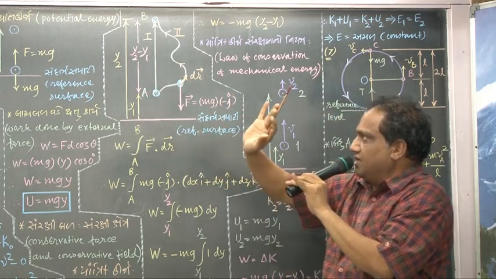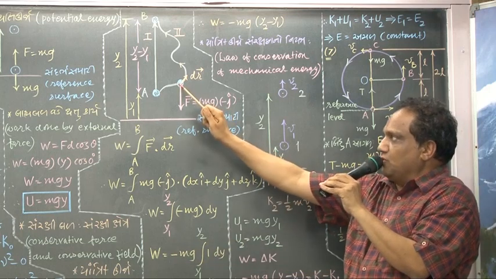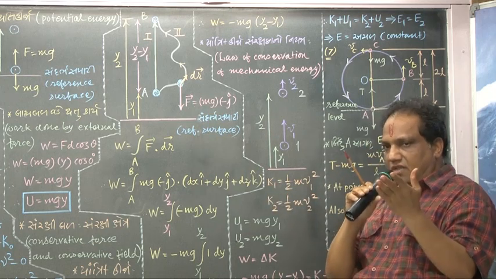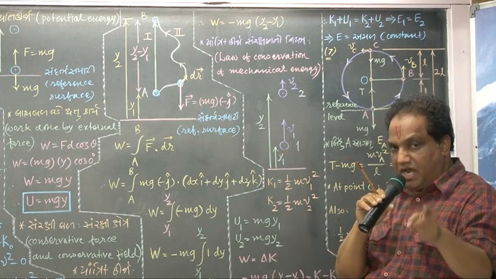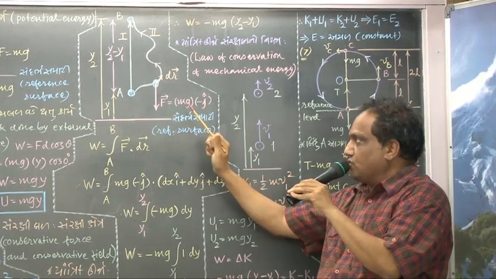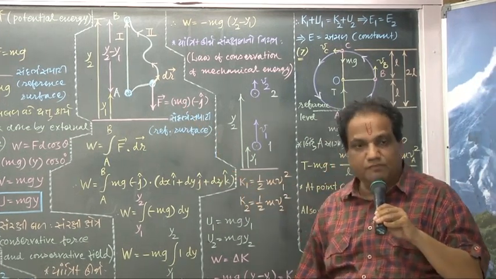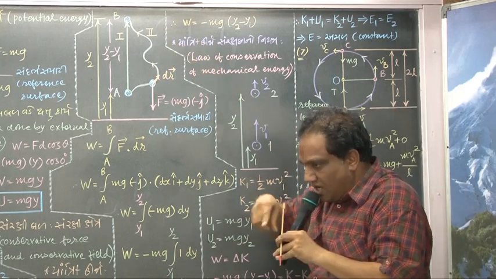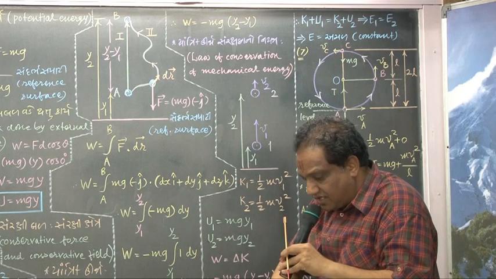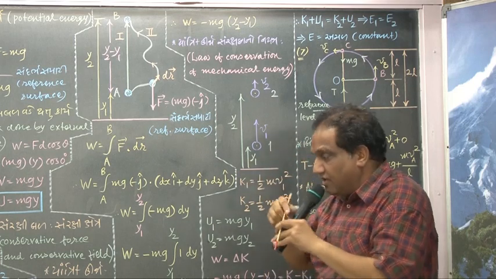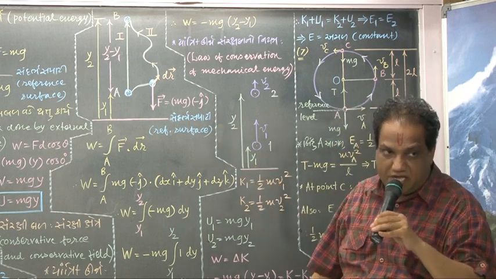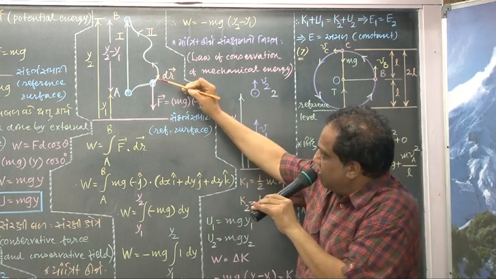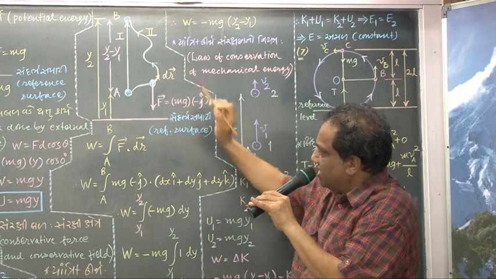When the body is here, suppose the downward gravitational force is vector F. A vector equals magnitude multiplied by unit vector. What is the magnitude of the gravitational force? Mass times gravitational acceleration, mg. Where is the direction? Vertically downward. In the downward direction we always take the negative axis. For the negative axis, what is the unit vector? Minus z. Vector equals magnitude multiplied by unit vector. And this extremely small displacement is shown by the symbol vector dr.